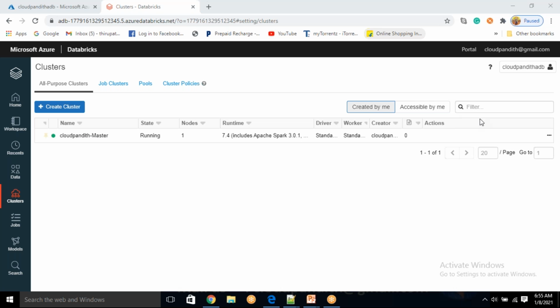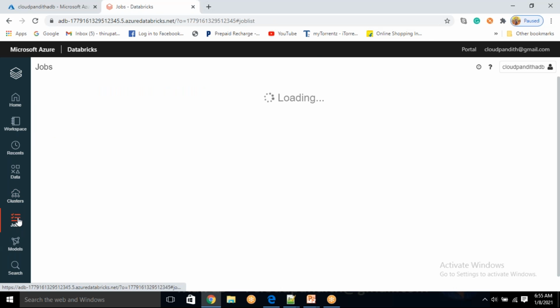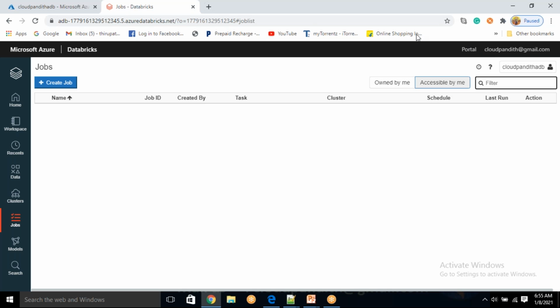Multiple, you can run it by using all purpose, but by using job cluster, you cannot do that. Because for a job cluster, whenever you schedule it, every time it is going to create a new one. But all purpose means you are going to tell, okay, I want to use this particular cluster. Okay, just come to the jobs. I will show you, because you are asking a lot of questions on this. Not only you, many people.